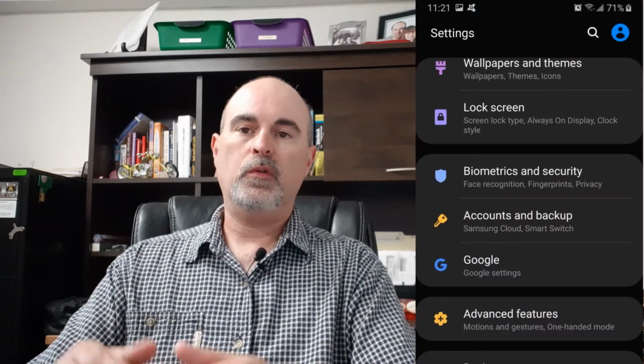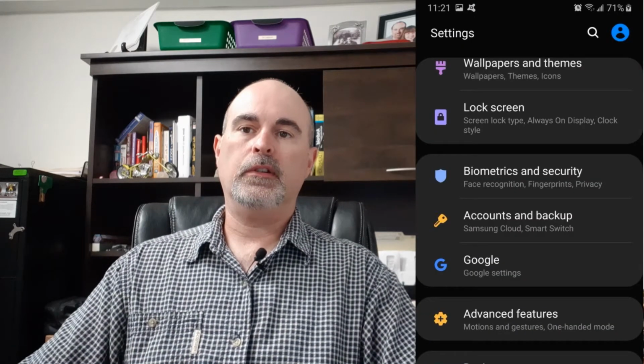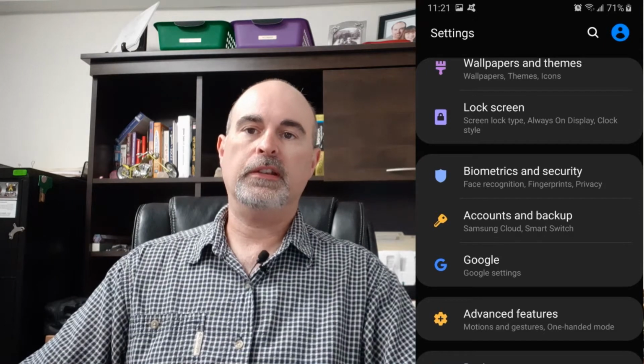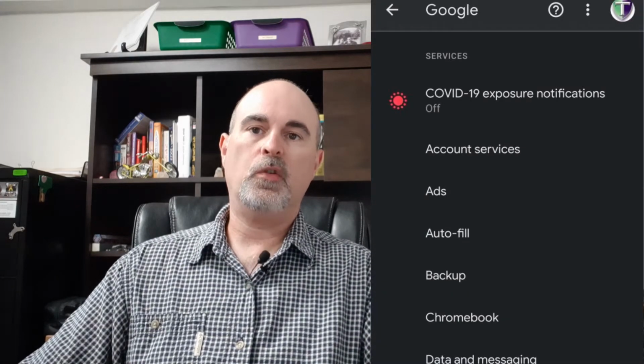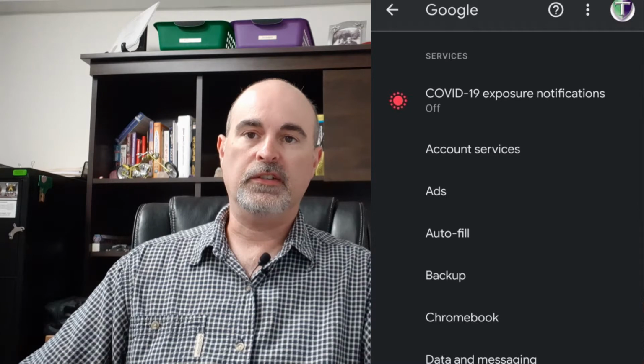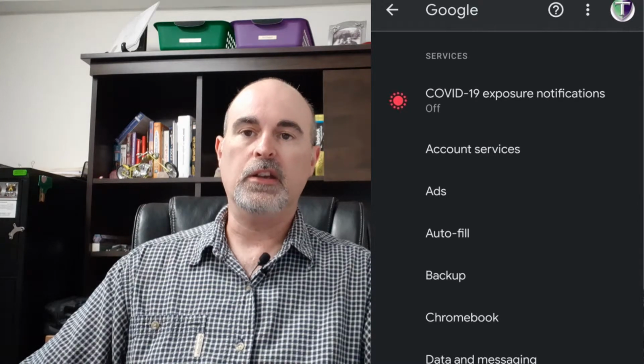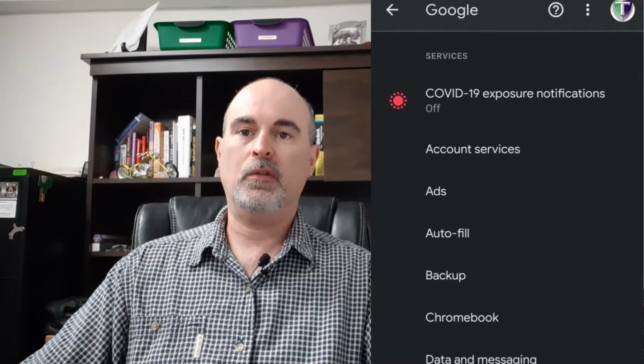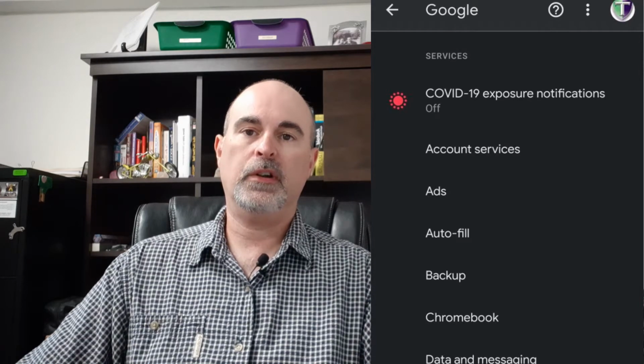If you go to, well, first of all, looking at the App Store, they're talking about going on to the Google Play Store if you're on an Android phone, and you can look for the COVID app and you'll see it there. But if you go in your phone settings and look under Google settings, you'll see there's a COVID-19 exposure notifications that got installed automatically. You did not have to go and get it. It downloaded automatically with a Google Play Store update.